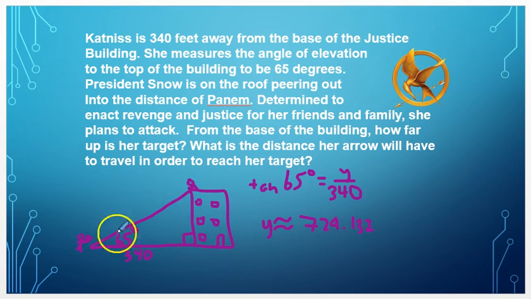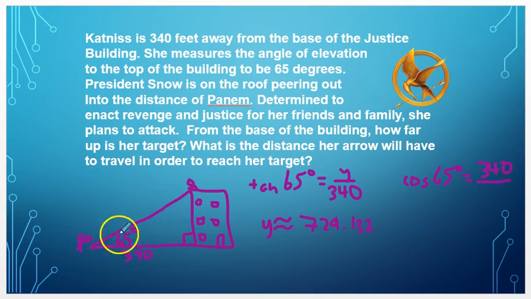Now, the other piece they asked for was the diagonal part, and you actually have two options here. Now that I know two sides of this right triangle, I could actually switch to using the Pythagorean theorem, but I want us to keep practicing with the SOHCAHTOA rules. So I'm going to go back to the pieces of information I was given originally, so it'll be more precise than going to the one I had to round off. So I have my angle, I have my adjacent side, now I want to know the hypotenuse. So for this setup, it would be good to use the function cosine, because cosine relates the adjacent side to the hypotenuse. So now it's cosine of 65 equals adjacent, 340,